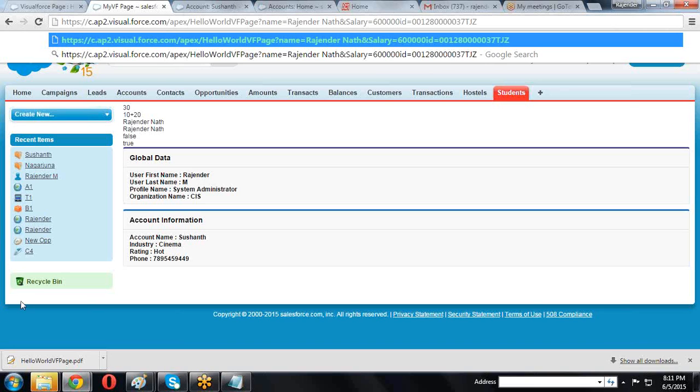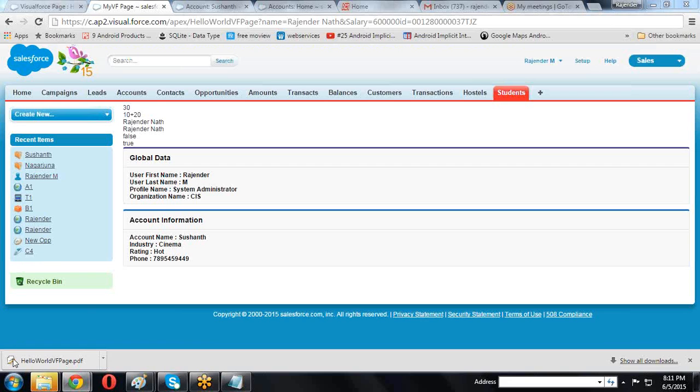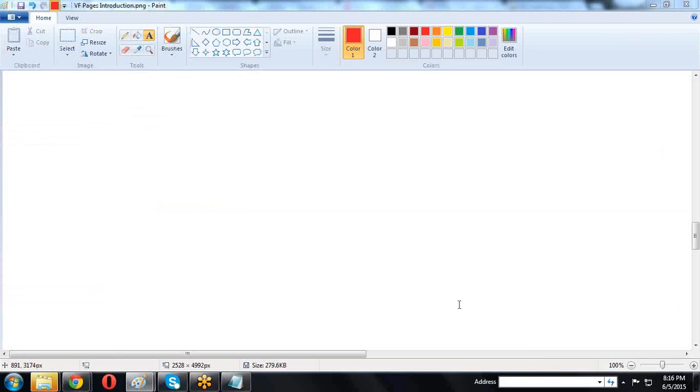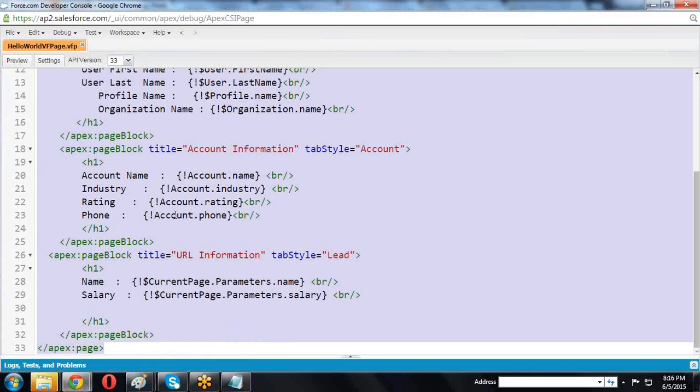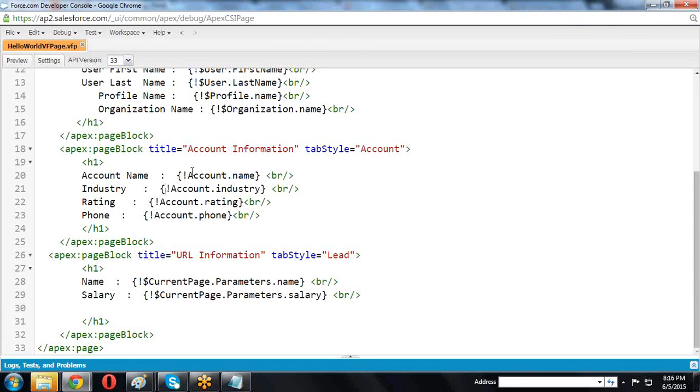Just a minute. Why is there no dollar for the account here? This is a normal action, this is normal data we are getting.